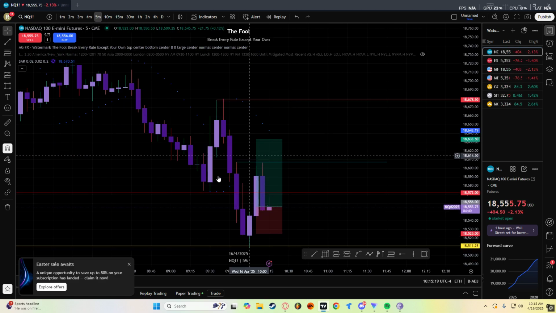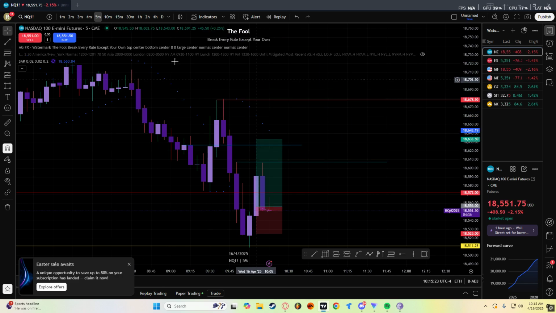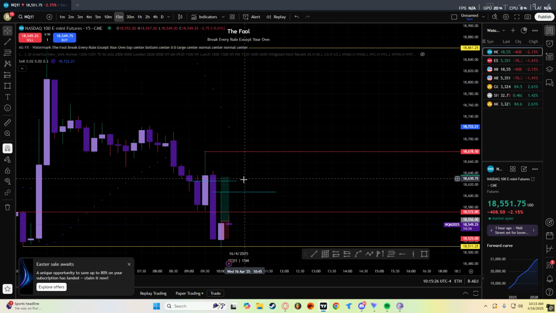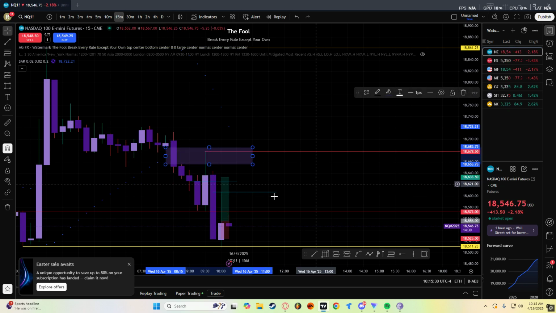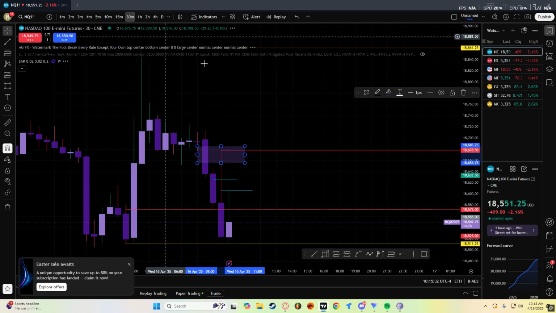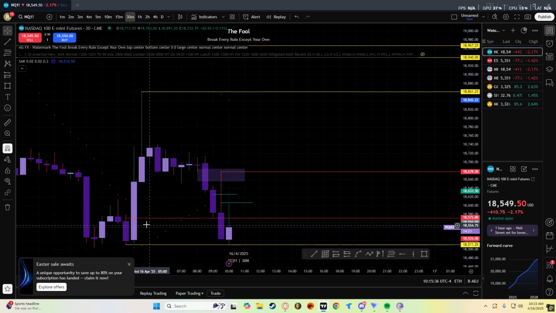And at market open, we had this 5 minute change of the state. But if you zoom out, you realize the 5 minute change of the state was just a retracement into this imbalance to continue our bearish order flow. Not only that, on the 30 minute, it looked very bearish. We retraced into this imbalance and closed while inversing right here.